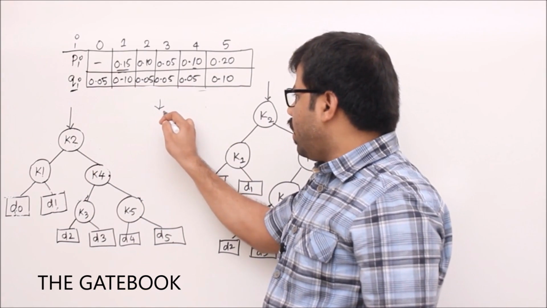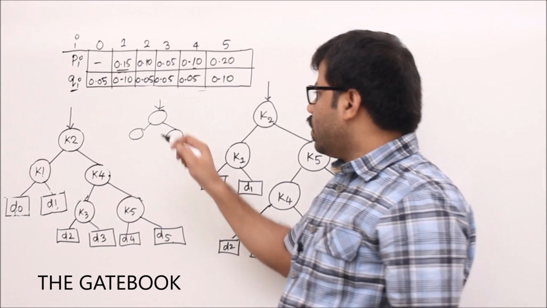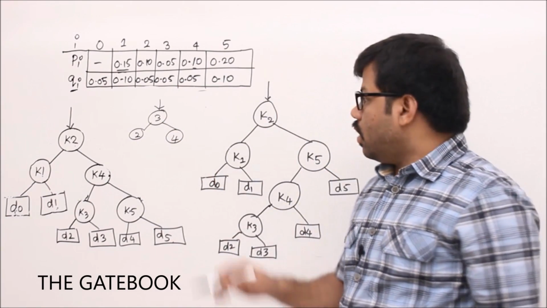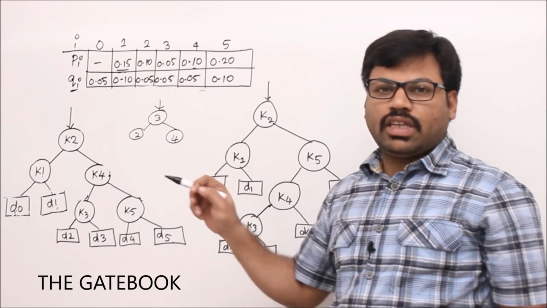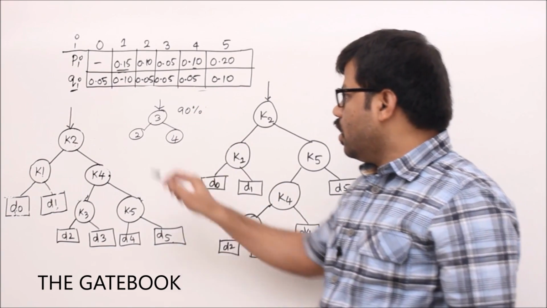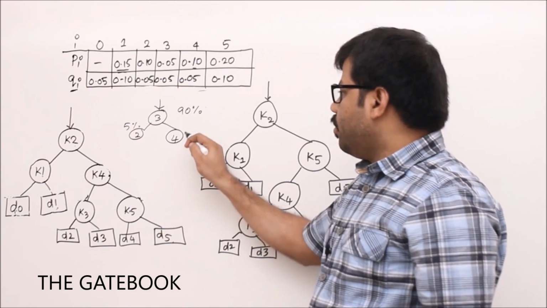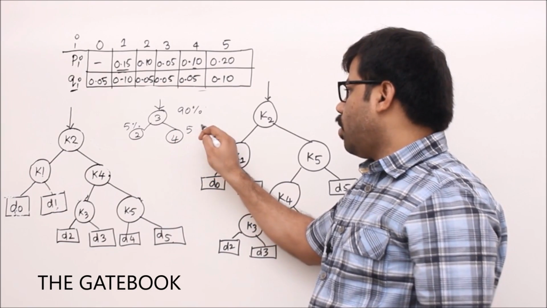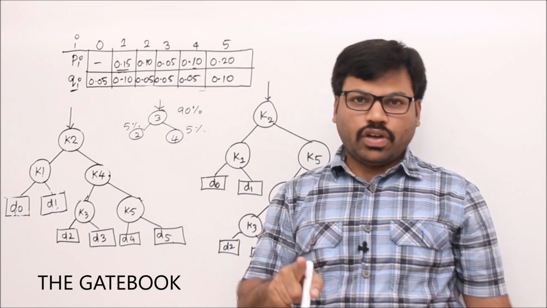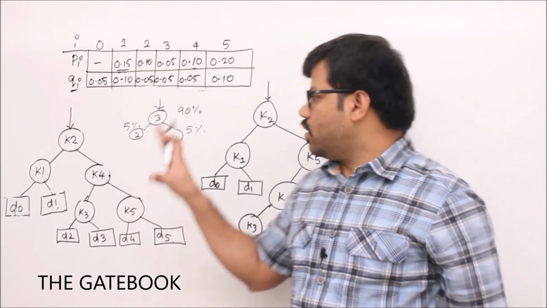For example, you have one binary search tree with 3 nodes. The key values are 3 and, let's say, 2 and 4. Now the story is, people are searching for 3 with very high probability, let's say 90%, the data is known to us. Second, 2 is searched with 5% probability, and people are searching for 4 with 5% probability. My assumption is people only search for 3, 2, 4. They don't search for values which are not available in the tree. That is a small assumption. First we solve this problem.